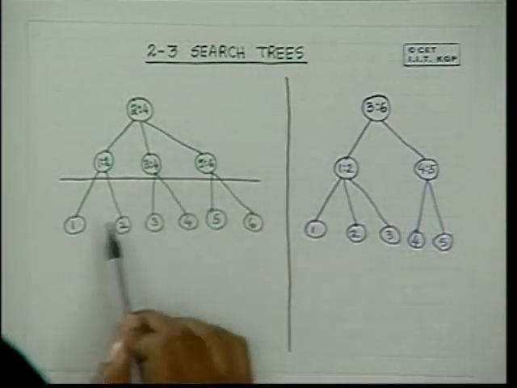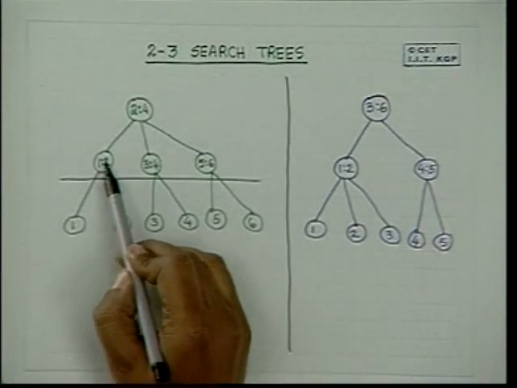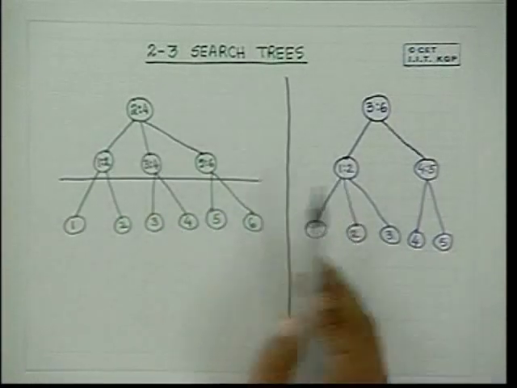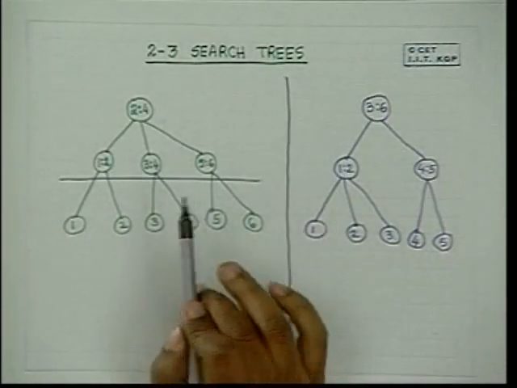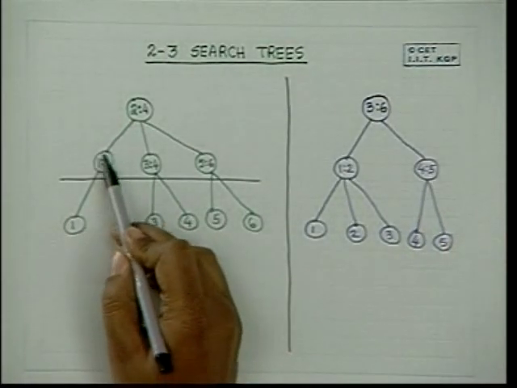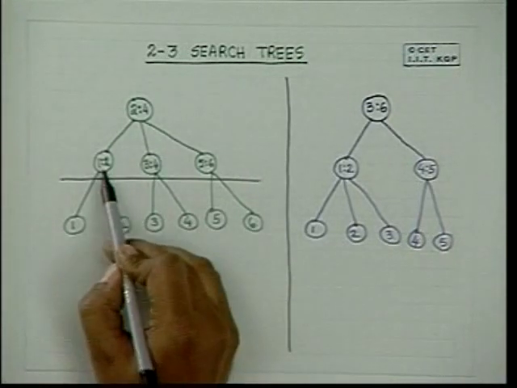These are the non-leaf nodes and these are the leaf nodes. Now, a non-leaf node can have 2 or 3 children. All of them can be 2, all of them can be 3, some can be 2, some can be 3. And they store the comparison of these elements. Now, what is stored here?